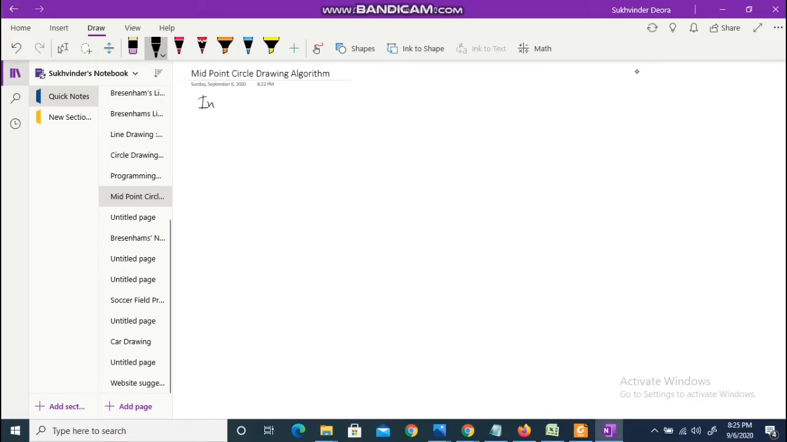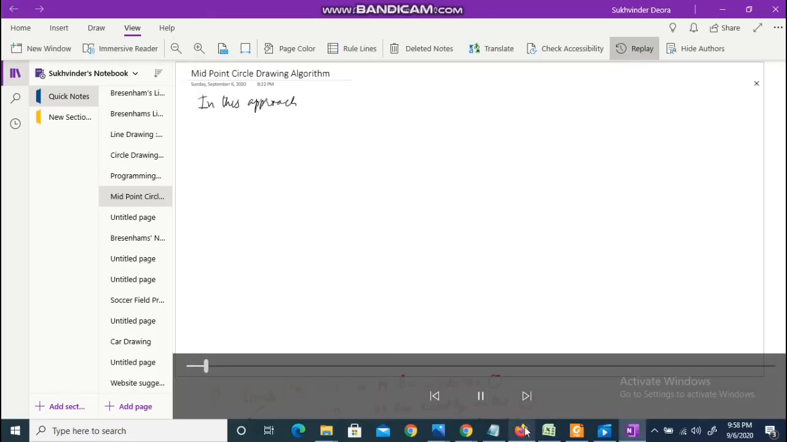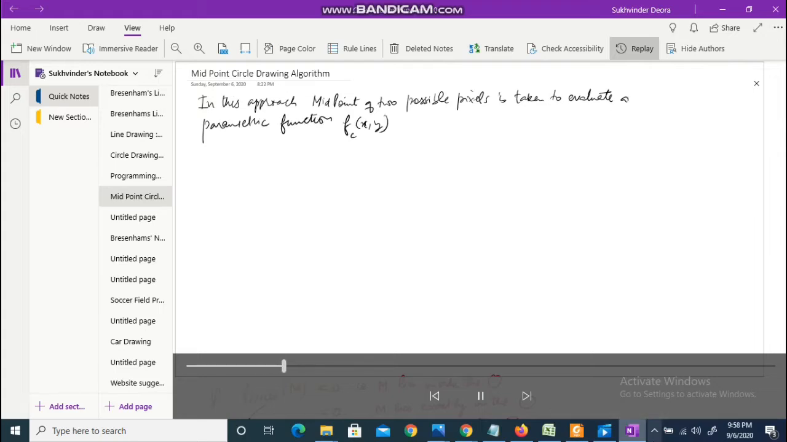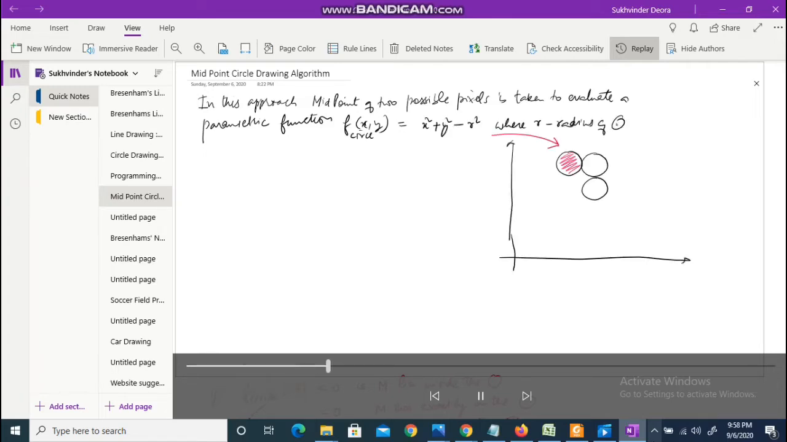Now in this video lecture we will be learning about the midpoint circle drawing algorithm. In this approach the midpoint of the two possible pixels is taken to evaluate a parametric equation, which is f of circle xy, given by x square plus y square minus r square, where r is the radius. So if you see in the diagram, the red pixel is the current pixel which you have plotted, say xy,